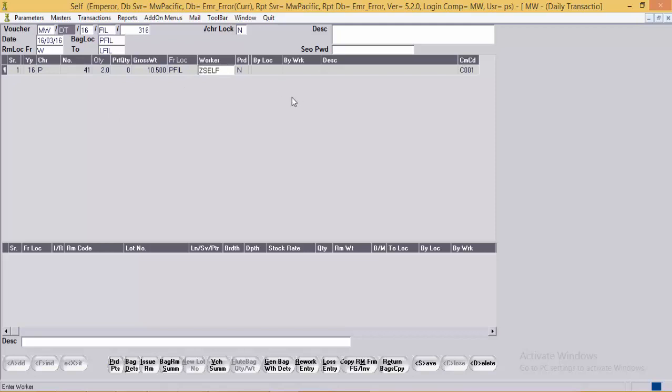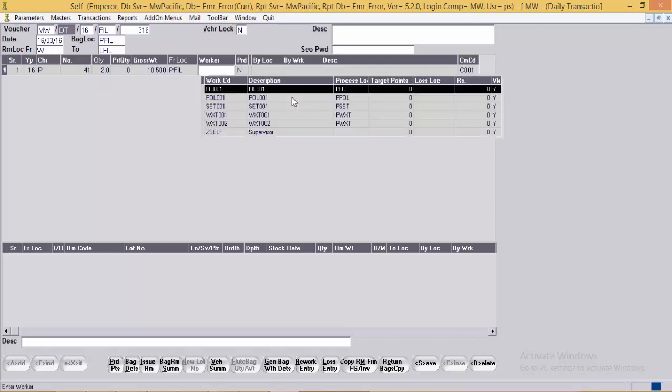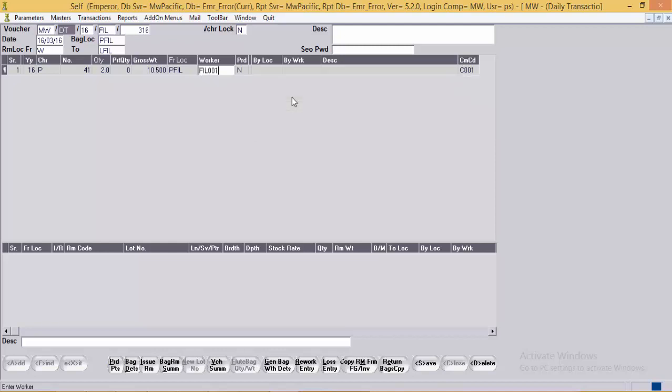Again, the supervisor of filing department will give this bag to a worker. We'll take a worker as filing 001. Now after some time, when he finishes his task on the design, he will come back to the supervisor and will give the bag to him.